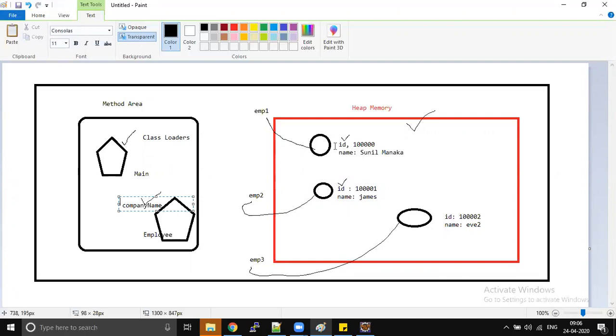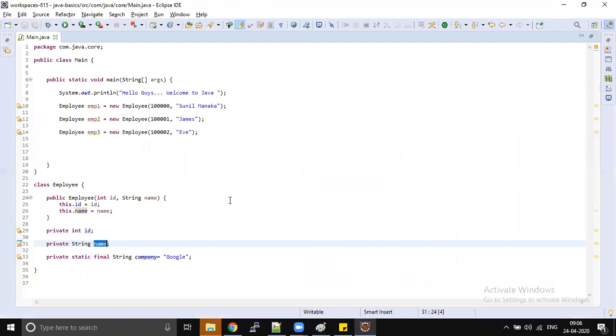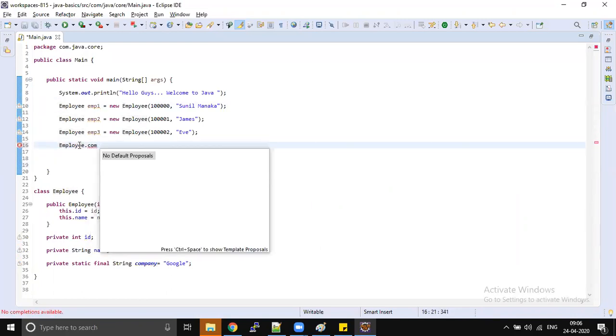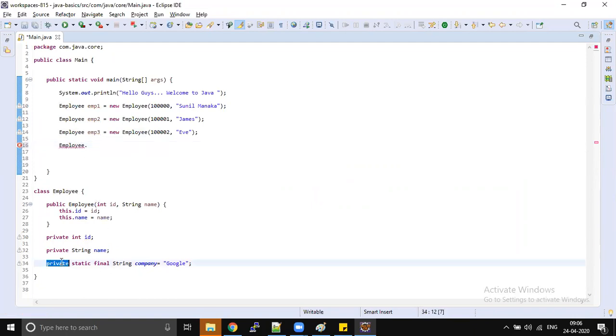As this is not stored in the class level area, we can't access these variables directly with the class name. So try that out. For example, you can print employee company name directly like this. So this is private. Let's remove that for now. Company name can be accessed something like this.